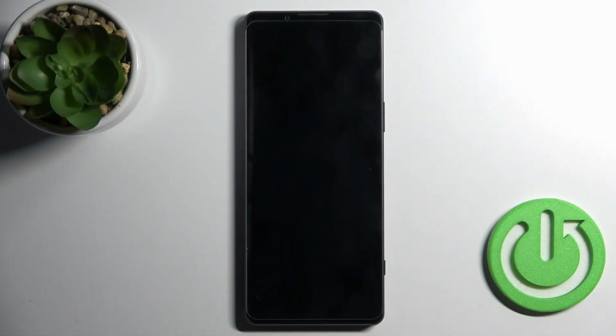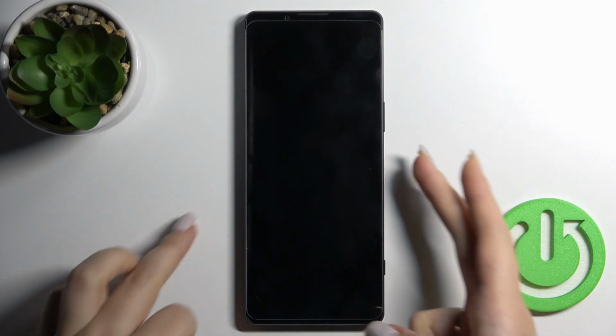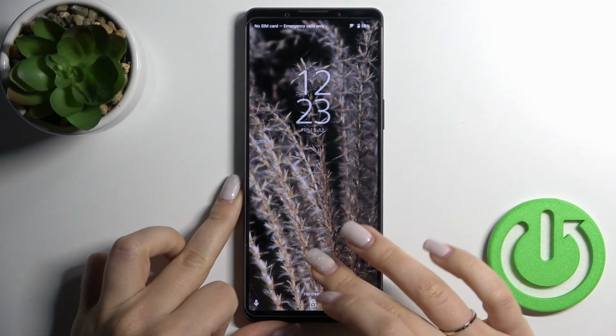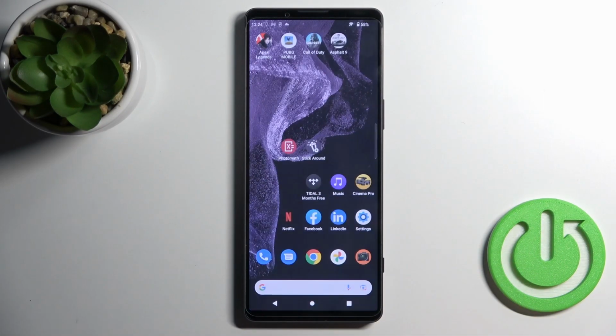Welcome. Today in front of me is the SONY Xperia 1 Mark IV, and I'll show you how to activate the always on display feature on this device. So now we can see that the always on display feature is turned off,